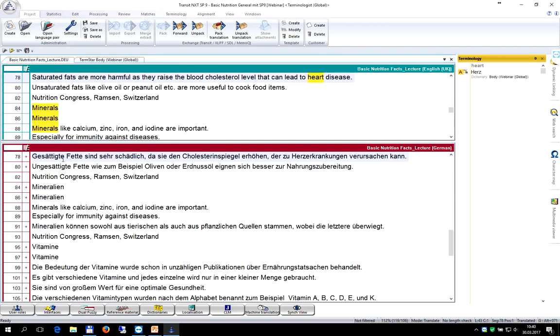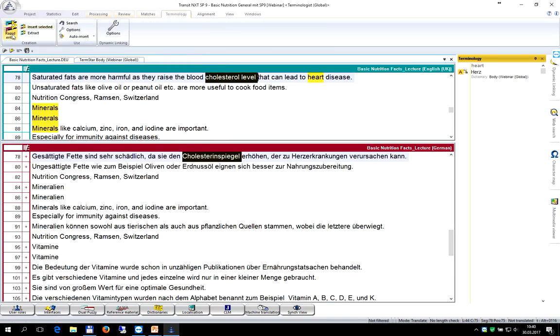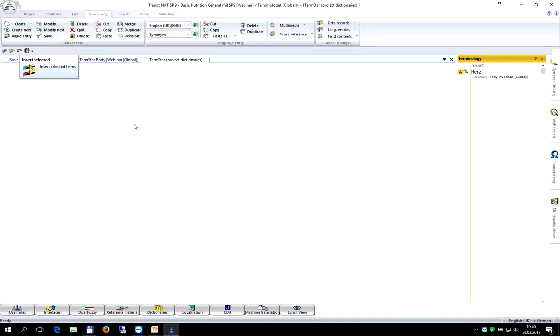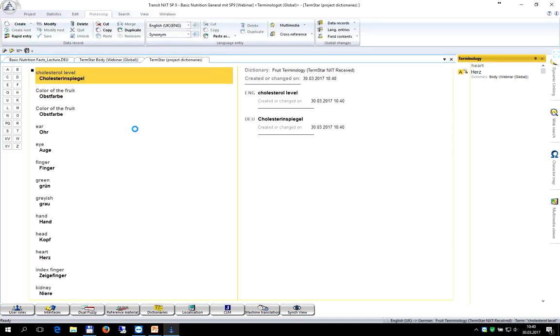So I'm going to jump to the segment where I want to take some terminology from, and for example, I now want to add cholesterol level to my dictionary. So I highlight the terms, and I then go to terminology and say rapid entry, or I can also say insert selected, and then this is inserted into the